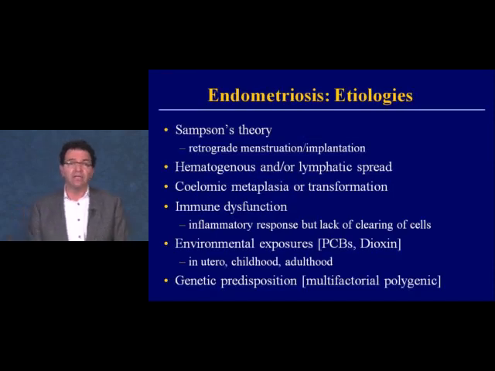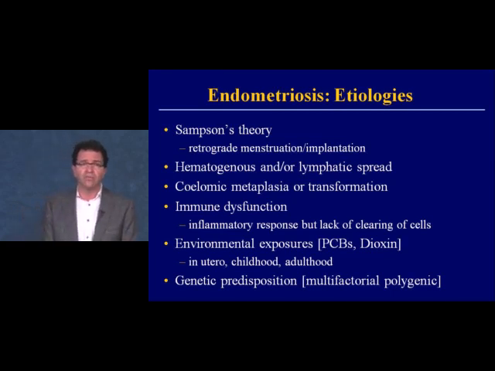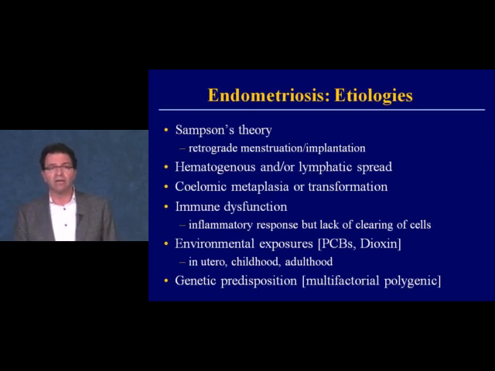The etiology of endometriosis is unknown. There are a number of different theories as to the etiology, but no one etiology explains all cases. The most prevalent theory is retrograde menses, but we know that there are cases of endometriosis that occur even before the onset of menstruation, with the onset of breast development. Does that make sense? Well, with breast development, we have estrogen circulating through the system, and so if there are cells present based on the celomic metaplasia or transformation theory, then those cells could be activated by the circulating estrogen,